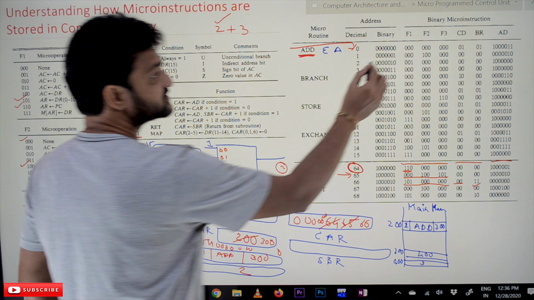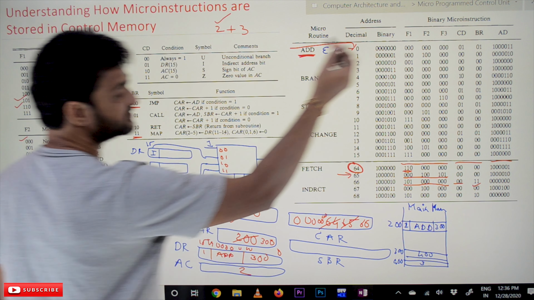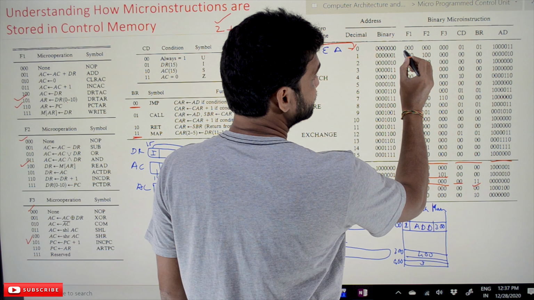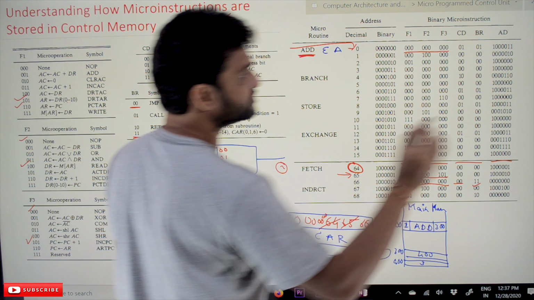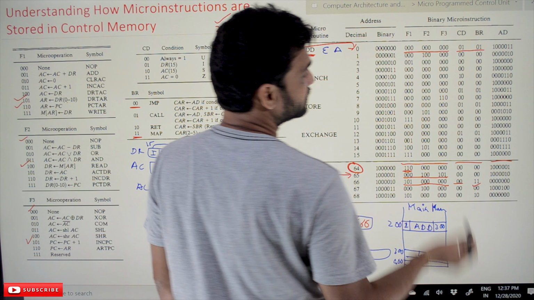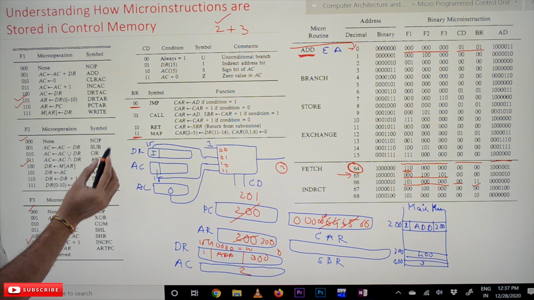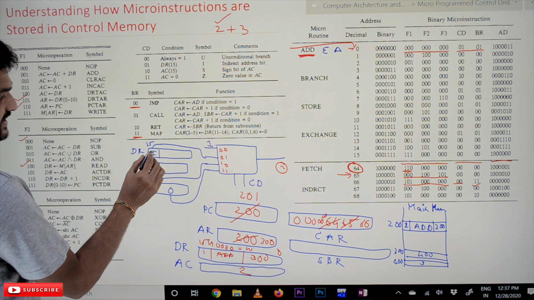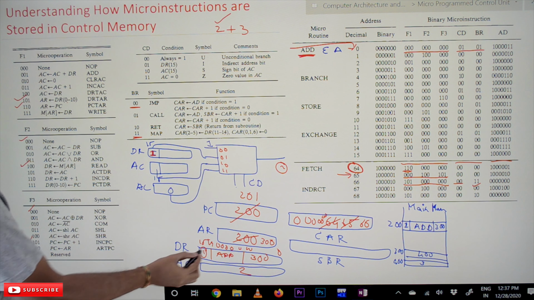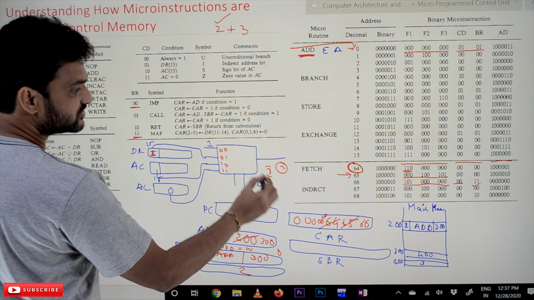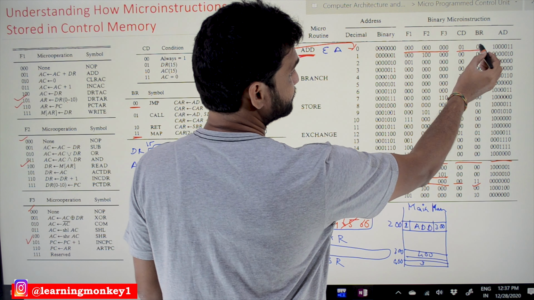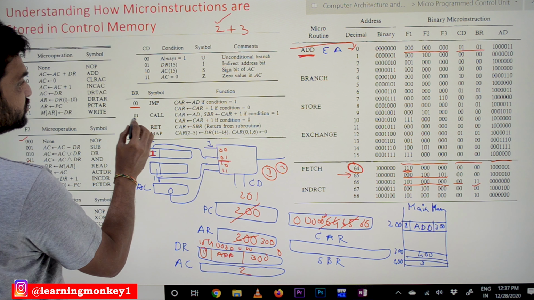Okay, so now this microinstruction will get transferred into the control data register, and the control word part is 00. None of the operation has to be done, and the next one is 0101. CD is 01. CD is 01 means indirect address bit. So what the data register consists of in the indirect address bit is 1. So it will get transferred onto the output because we have selected 01. And BR is 01. BR is 01 means call.